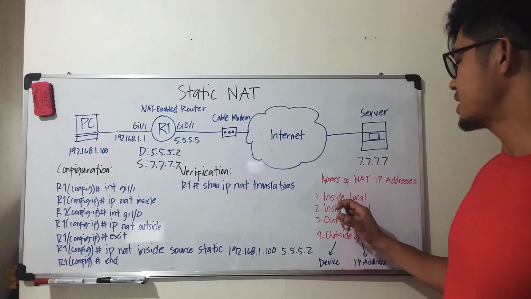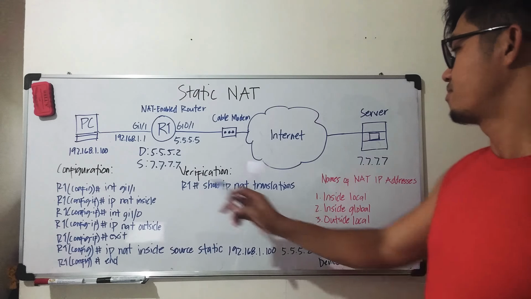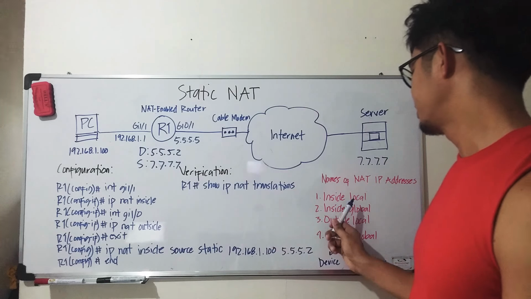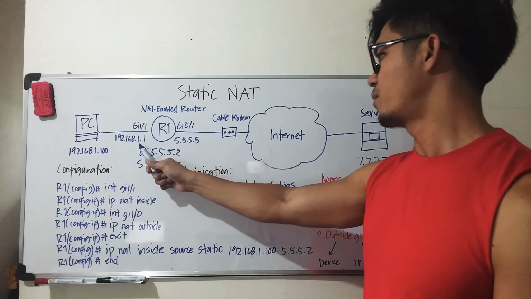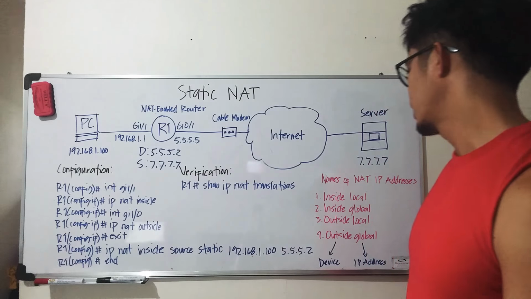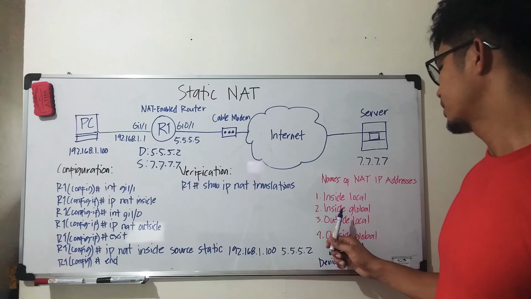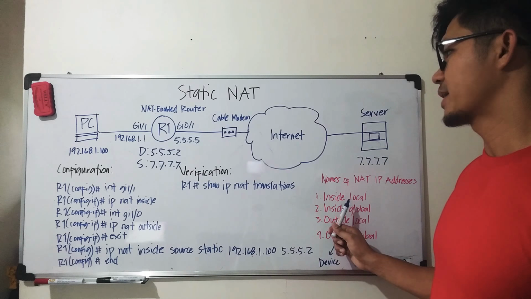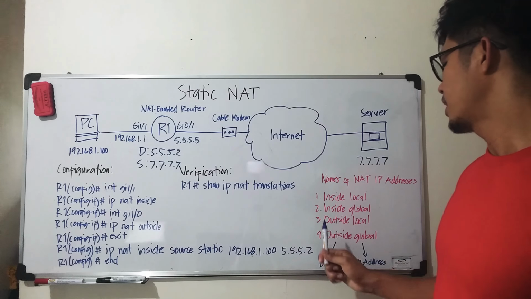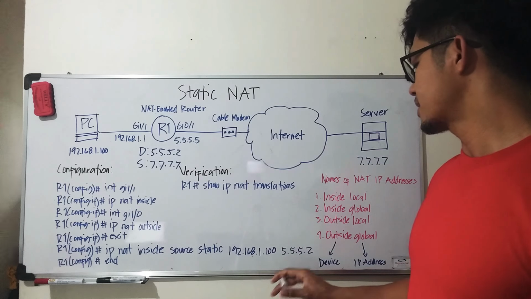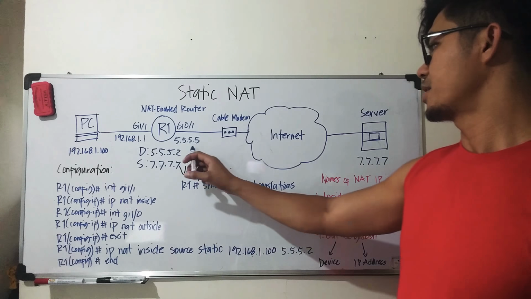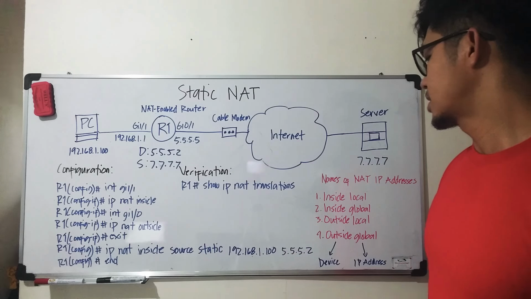So in this case, inside local, basically this here, because the IP address is configured on our local network, and local, like I said, is private IP, and inside global is basically this IP address here,